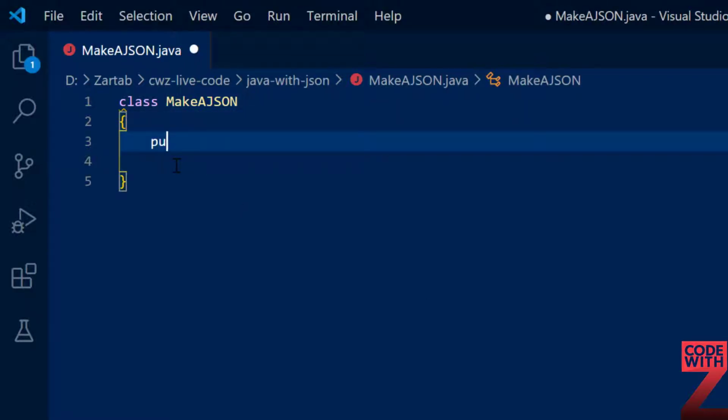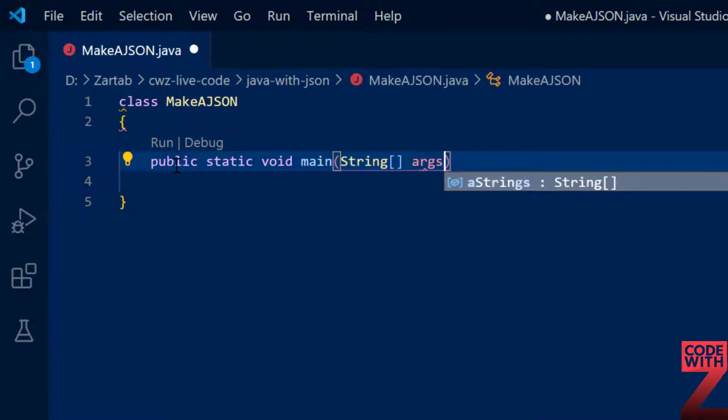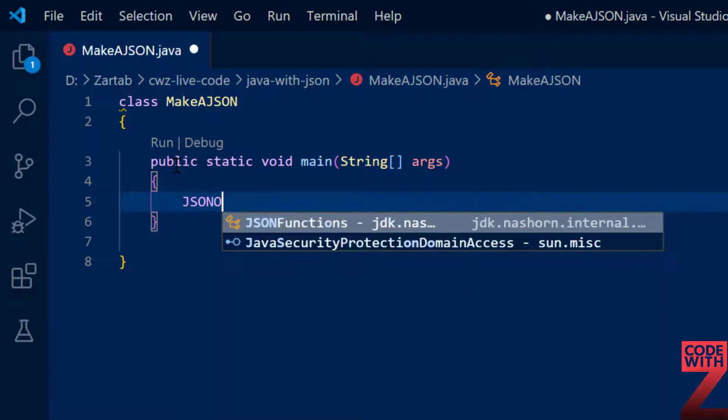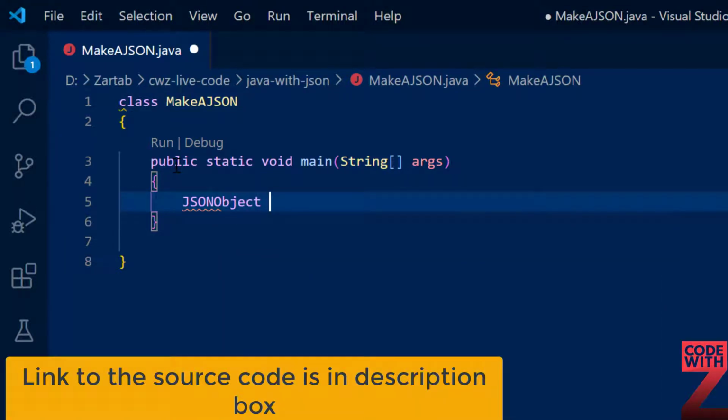Now I'm going to simply say public static void main string array args, and I create an object of JSON object: obj is equal to new JSON object.